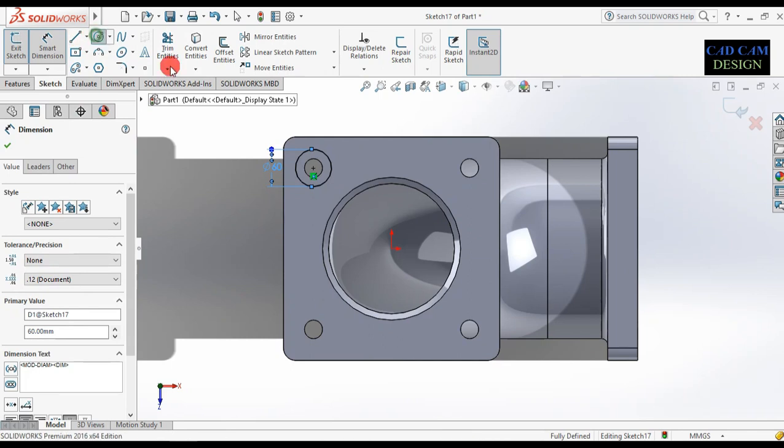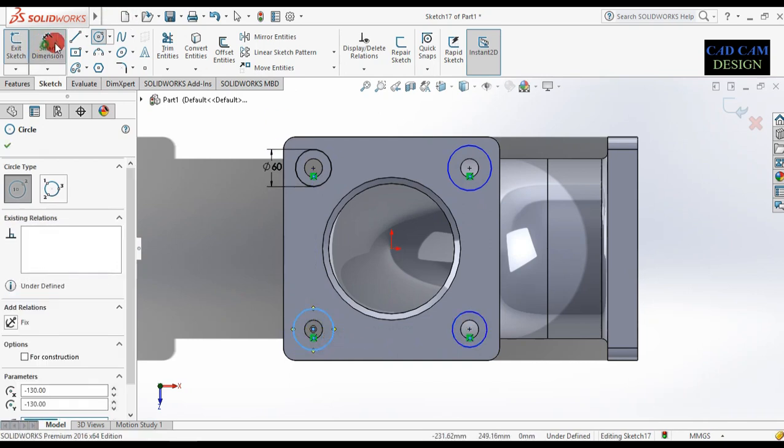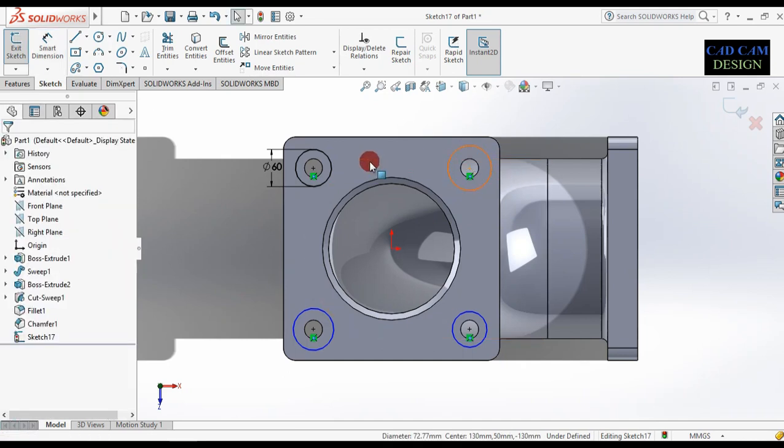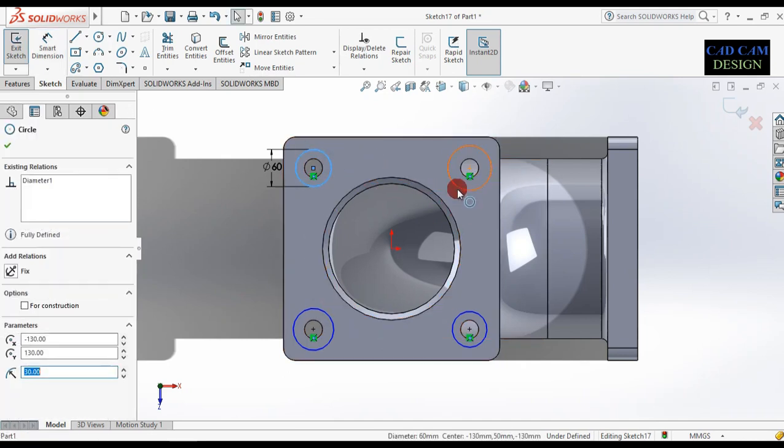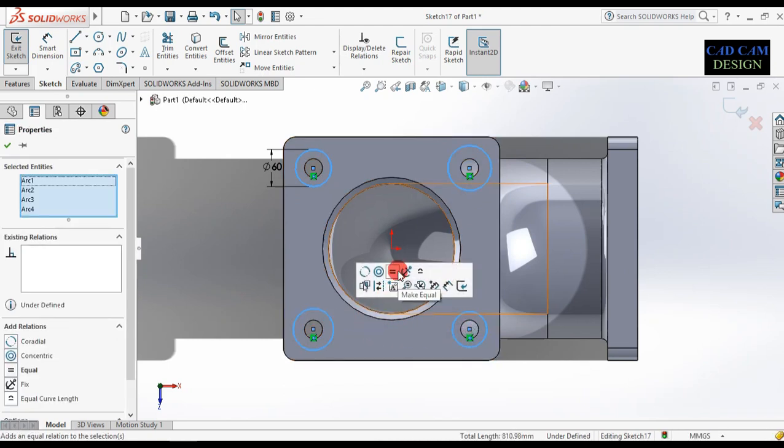Now one more time circle and draw same as, now smart dimension. Now apply relation this circle, select all circle and make as equal, means 60 mm diameter to this all.